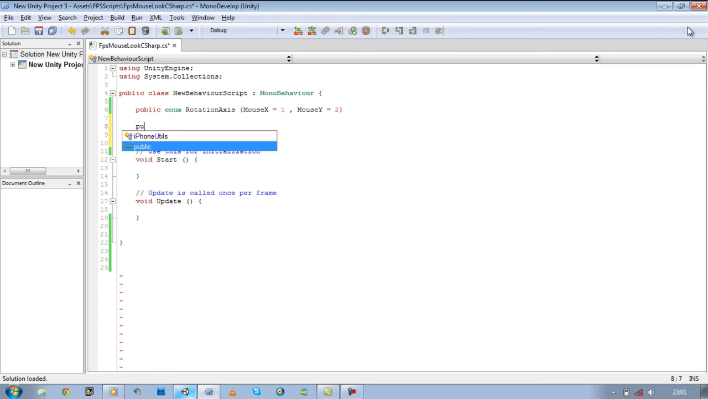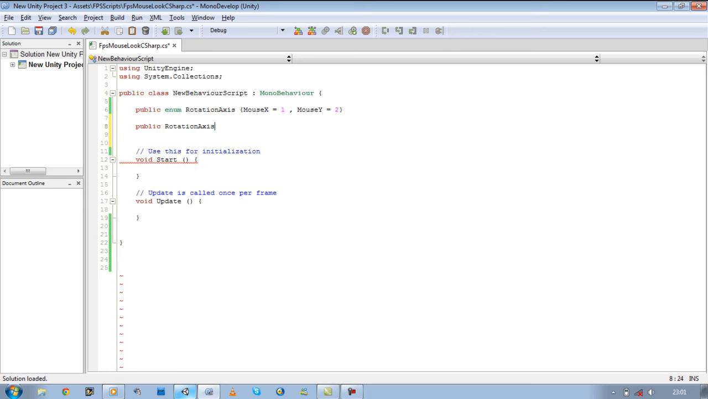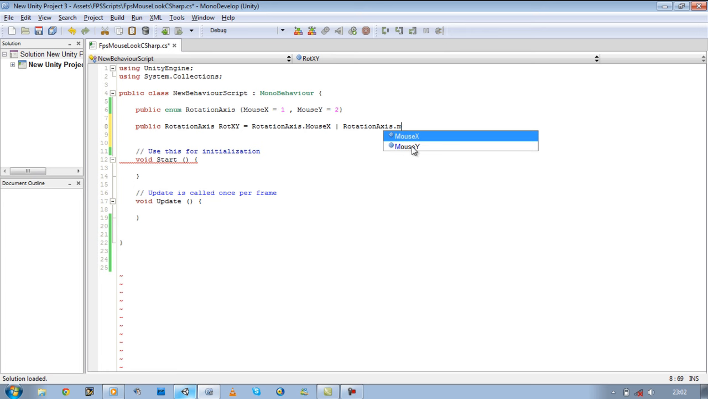Let's call this public RotationAxes, from the enum, and we're going to define a new name within RotationAxes called rotXY. It's going to be equal to RotationAxes.MouseX or RotationAxes.MouseY. So it's going to be equal to our RotationAxes within the enum. If I save this,